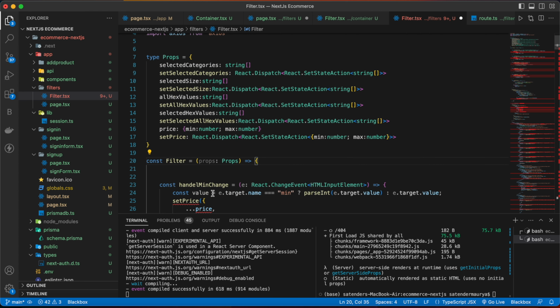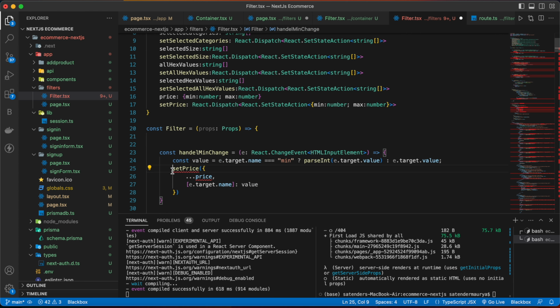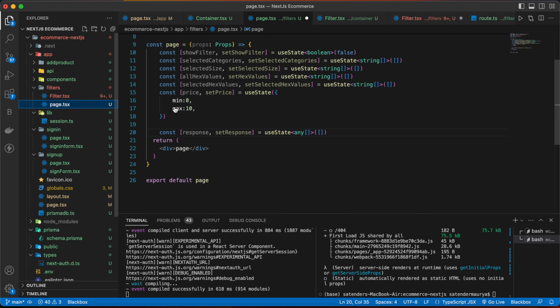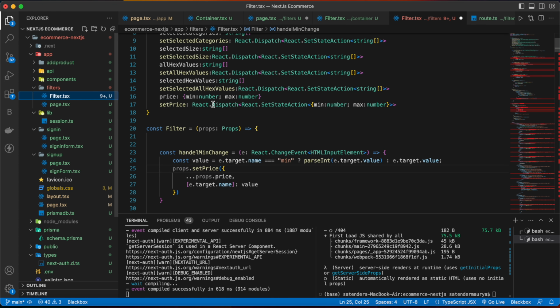Now let's change this value. So this will be props.setPrice, this will be props.price, and here let's go here, this state should be here.